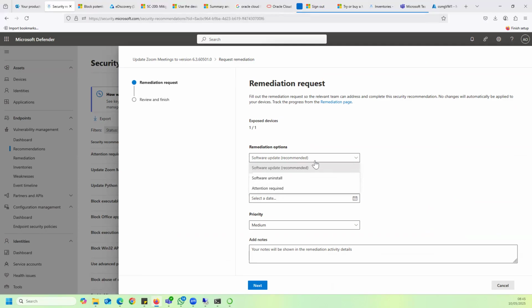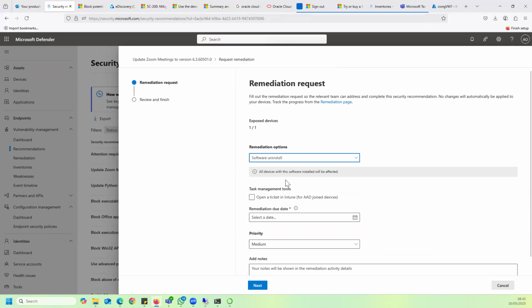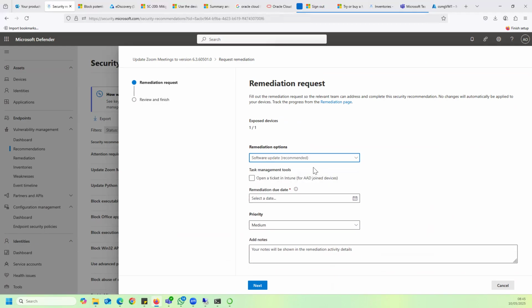And how do you want to request remediation? Or what kind of remediation do you want? A lot of times it's going to be an update. If it's an application that is end of life or no longer supported, it could be for the team to uninstall, or you may just want to notify someone else to give it attention. So if you are using Microsoft Intune for your MDM, you may want to log a ticket in Intune for the device administrator to